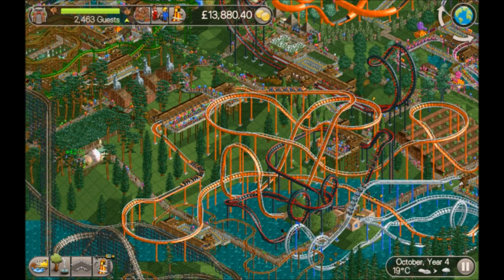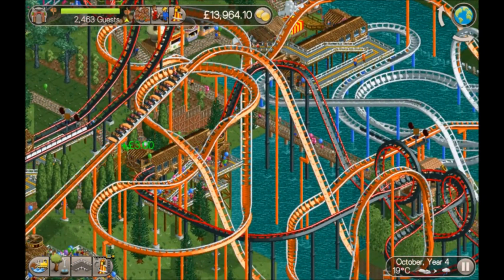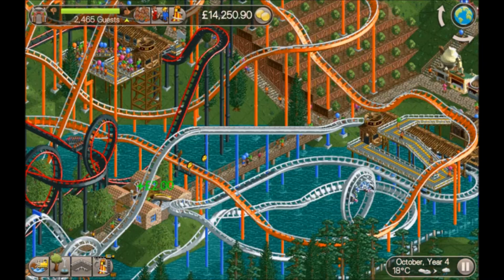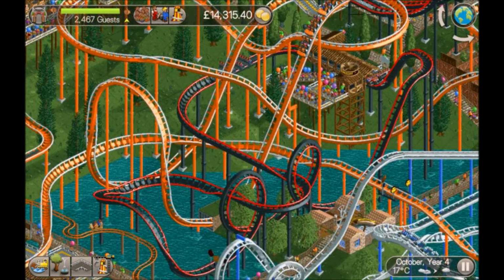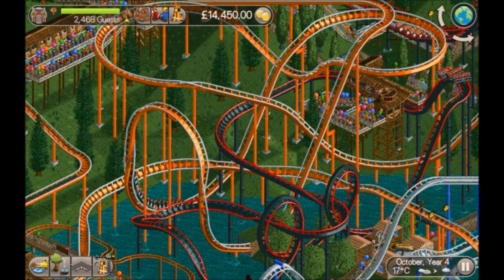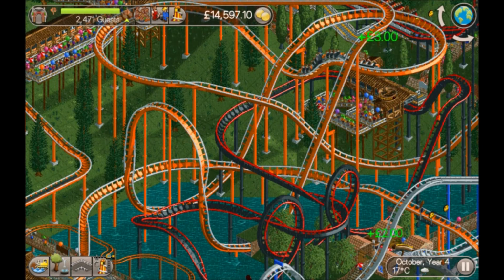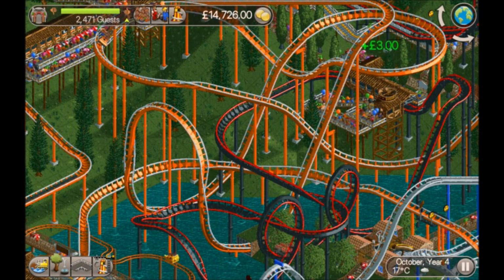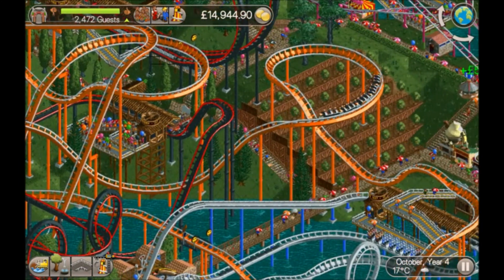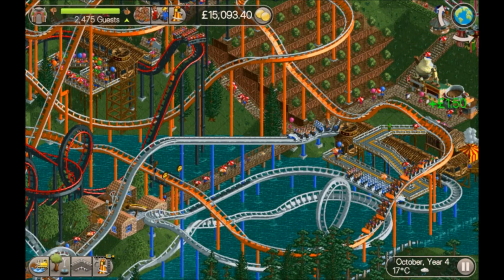It is October year 4, so I've just finished off with a hyper twister. Then we can watch this going around. So this one is a lot bigger than all the other coasters. So with this one, because it's a pay entry park, we usually go fairly cheap and cheerful with the rides, because we don't want to go overboard, because we're never going to get the money back for the rides because they're paying for the entry. But it was the last coaster we're going to build in the park, so I figured we'd go for something fairly big,